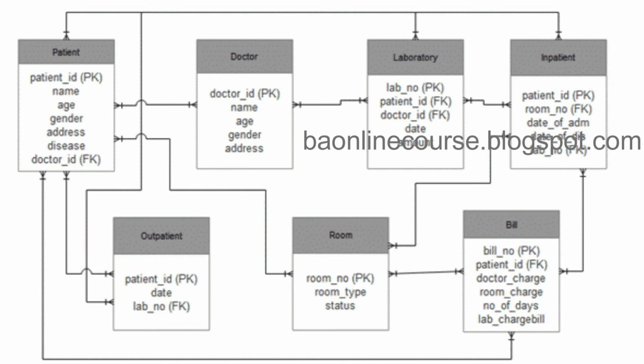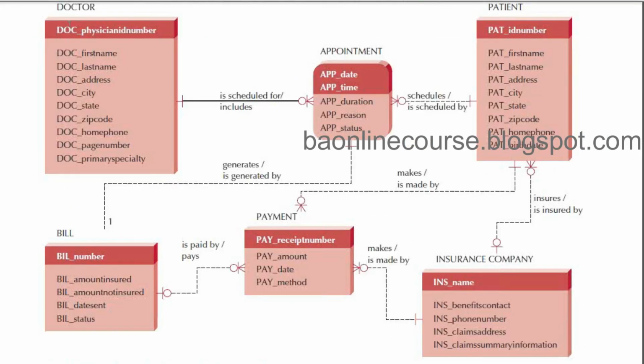So in data modeling, we have achieved our first objective, wherein we can look at an ER model and understand what it is trying to convey. These are the various entities, these are the details they are capturing, and these are the relationships and business rules captured here. So we can figure that out. Now